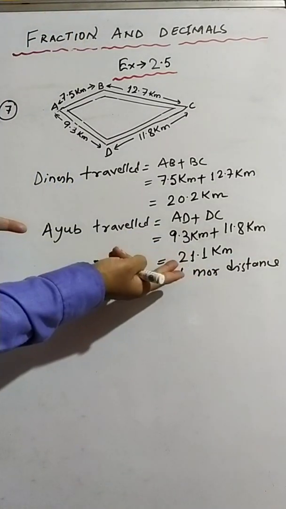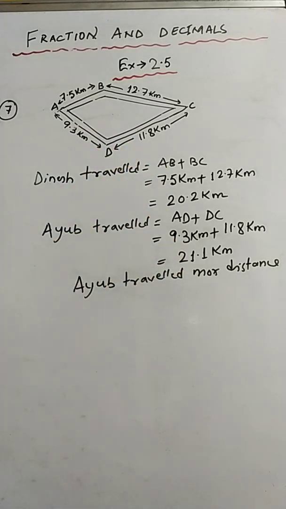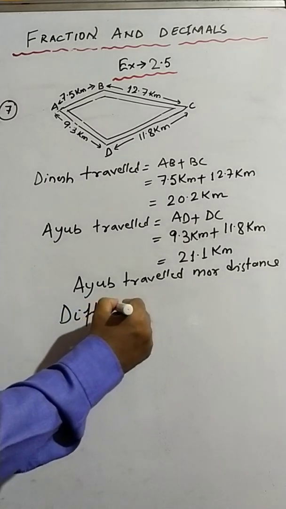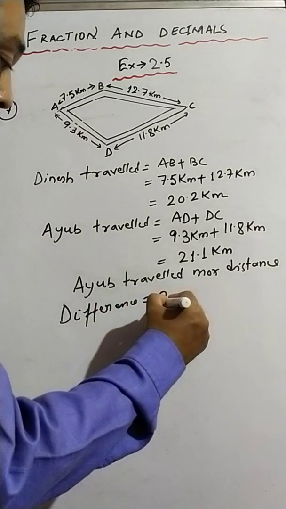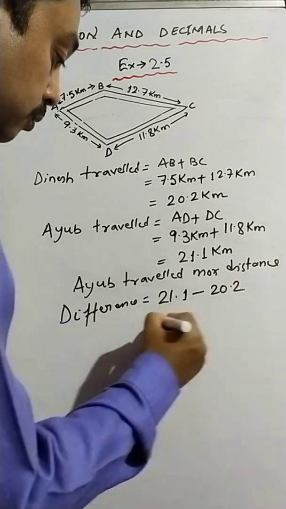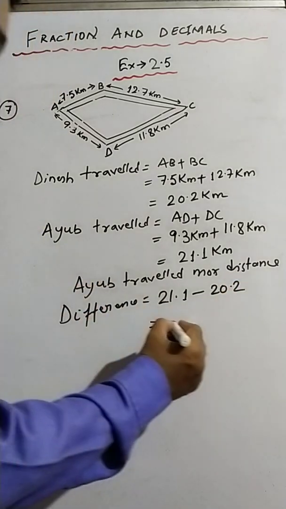Fine. Now we have to also find the difference, that is, by how much distance Ayub traveled more than Dinesh. For this we have to find the difference. So what do we have to write? We have to find the difference, that is, difference would be 21.1 minus 20.2. Now if I subtract, then I will get the answer as 0.9